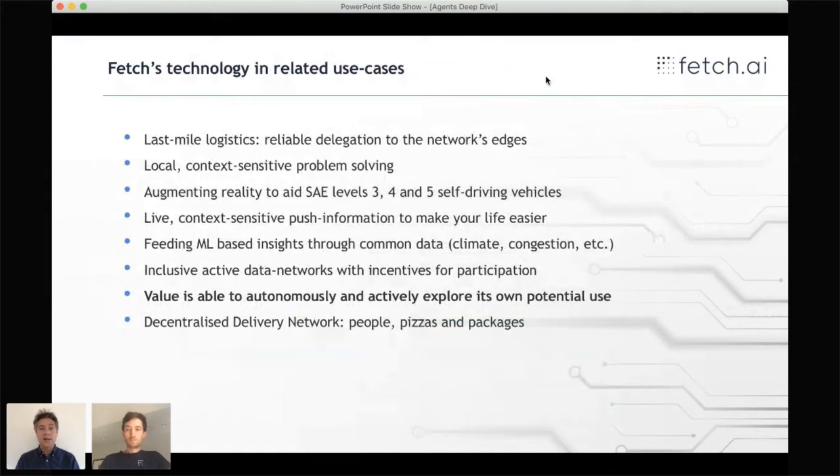We're also using agents to bring to life the world around you in order to create an augmented reality for self-driving cars. This stuff is really important because AI on board vehicles is very difficult. It's very complex to recognize the world around you. But if you have autonomous economic agents representing signs, junctions, and other things, and we did a demo of this over the summer, actually built a working example of how this might work, then the augmented reality actually makes this a lot easier. It makes it more likely that we can reach true self-driving vehicles a little bit quicker than we otherwise would.